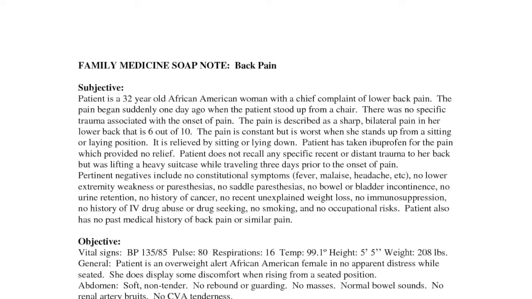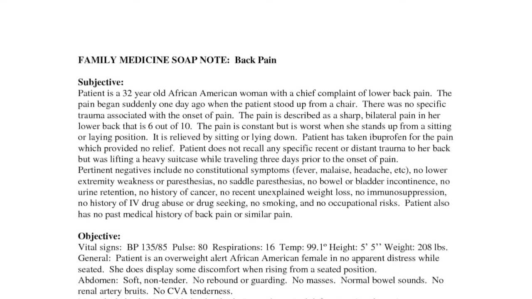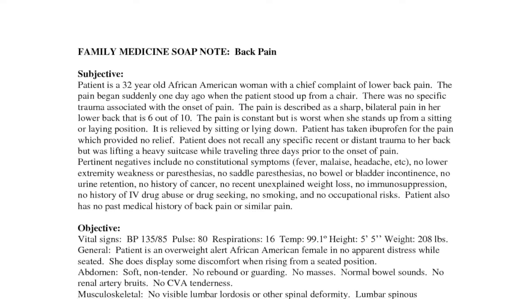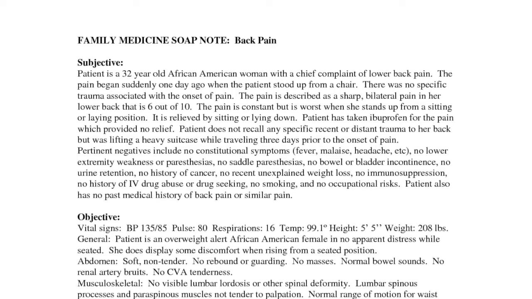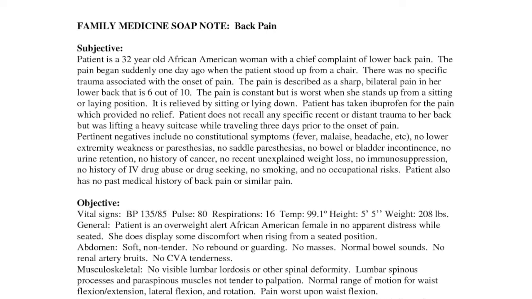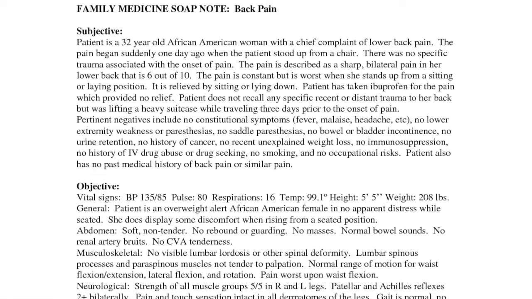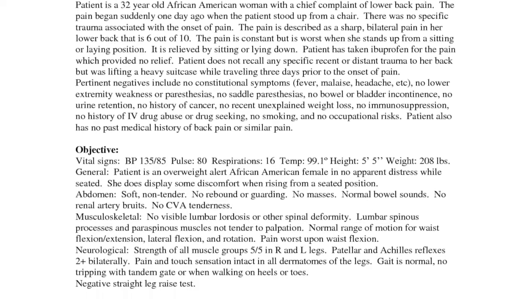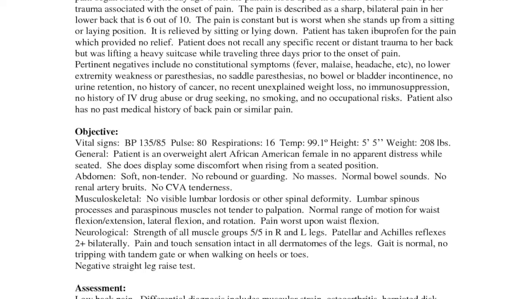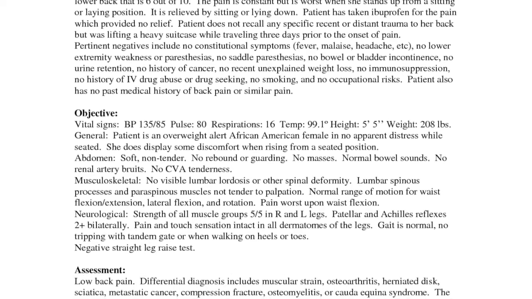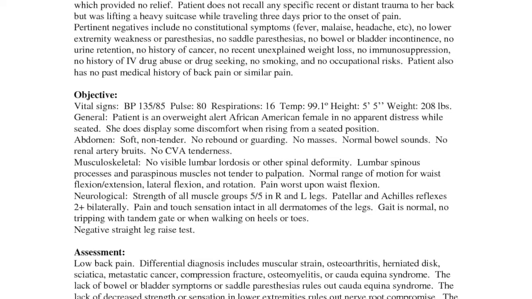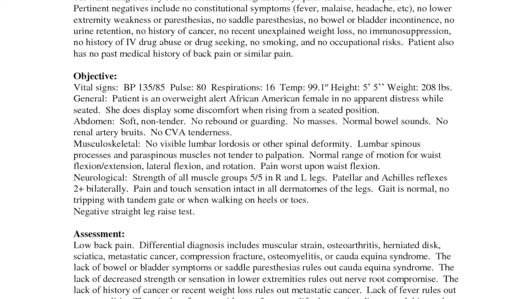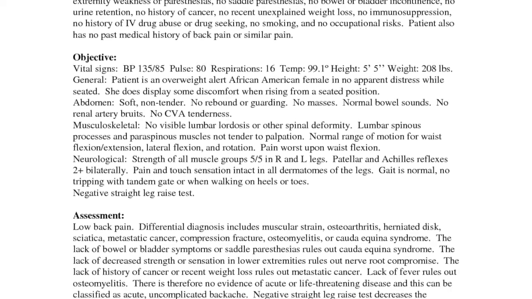Here is an example of a SOAP note in which a woman came in complaining of having constant lower back pain that occurred suddenly when she stood up from a chair. The subjective portion of this document talks about how the patient has no past history of back pain and no medical conditions that would relate to such symptoms. The objective side of this document shows the patient's vital signs and simple tests run by the physical therapist such as height, weight, pulse, also including what can physically be seen such as pain shown by the patient and the